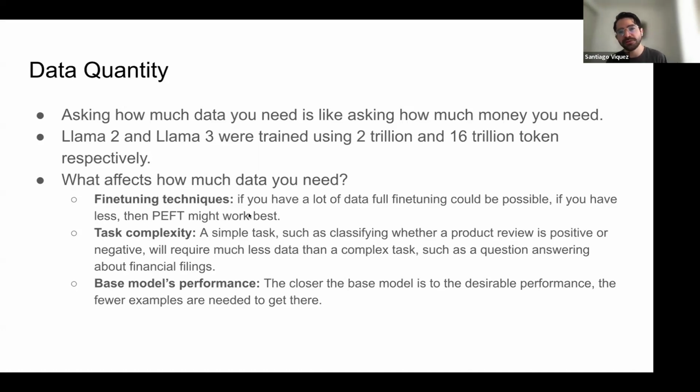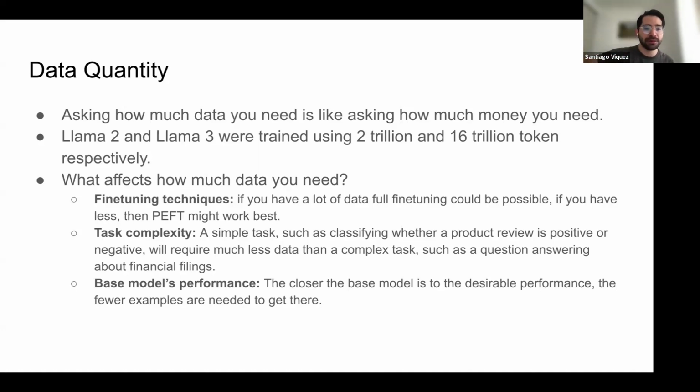So, for example, if you want to do a full fine tuning of a big model, then probably yes, you need a lot of data, right? Because you're doing a full fine tuning. But if you are doing parameter efficient fine tuning techniques, then you can just use fewer examples.